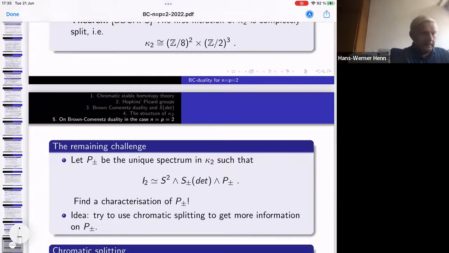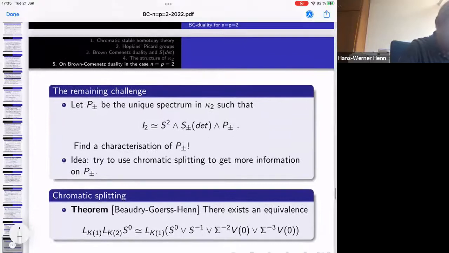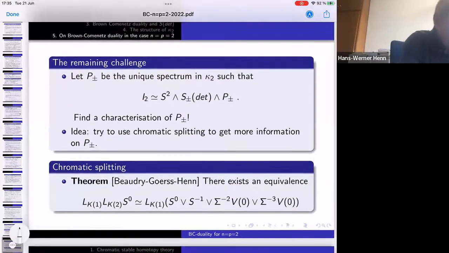Well, the idea is to try to use chromatic splitting to get more information on P plus minus. I should warn you, the title of the talk suggests that we don't succeed in locating P plus minus completely, but we do get more information. And in fact, we use chromatic splitting to get more information. So chromatic splitting, that's a paper which was published recently. And the main theorem in this paper, well, one of the main theorems in this paper is